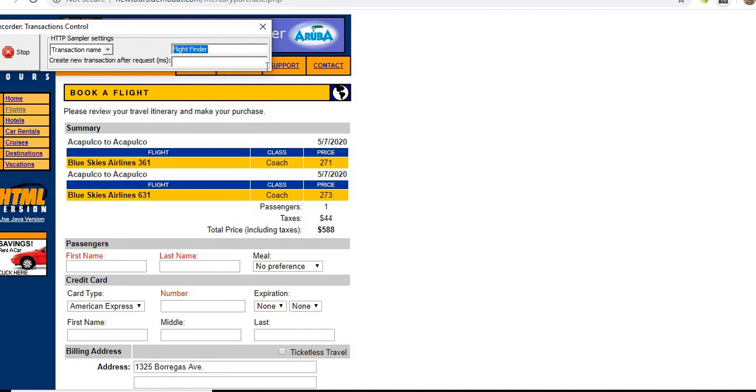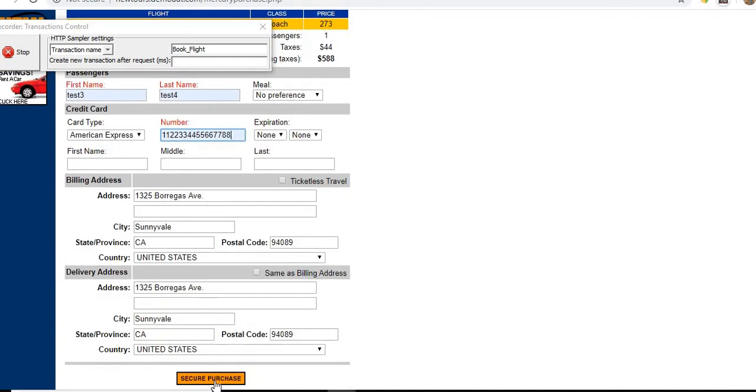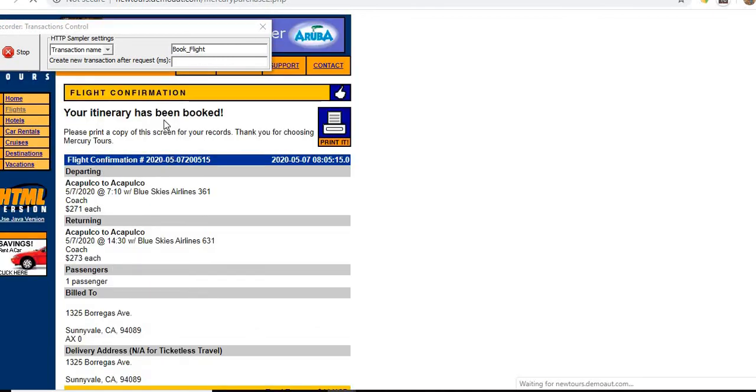I'm giving it a book flight, giving some specific name over here. Okay, secure purchase, and last is logout from the application.